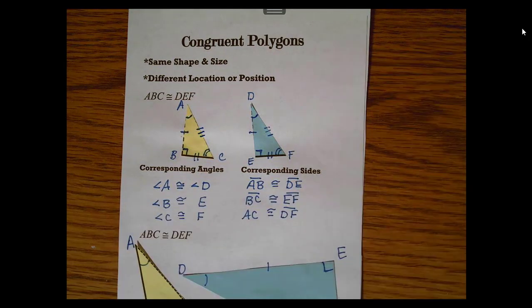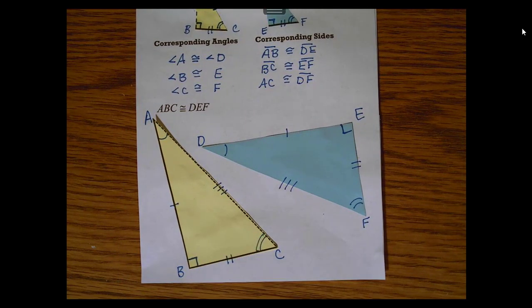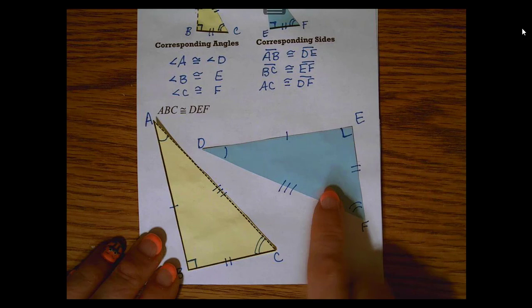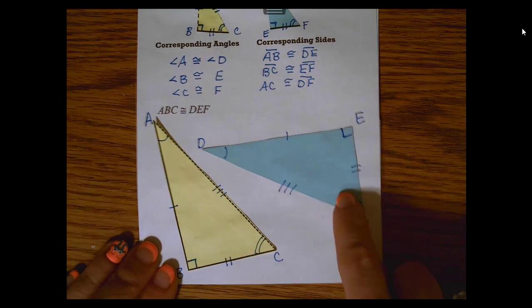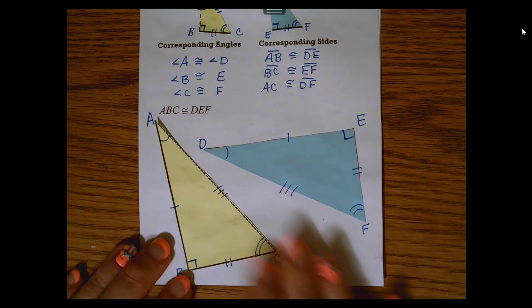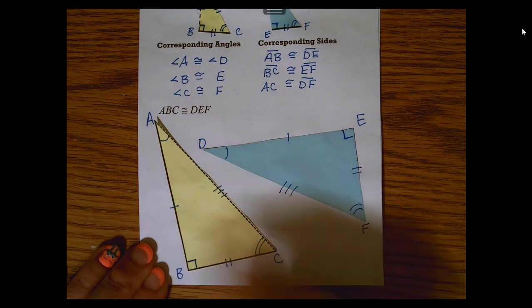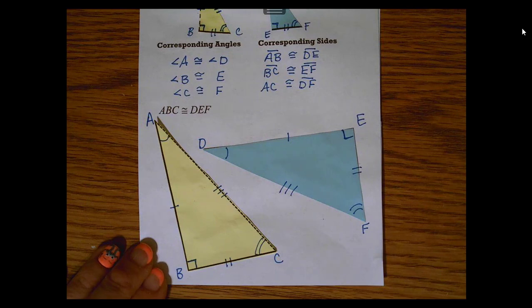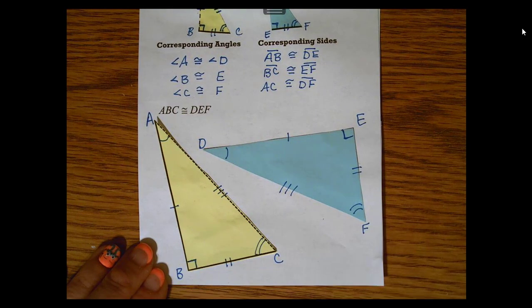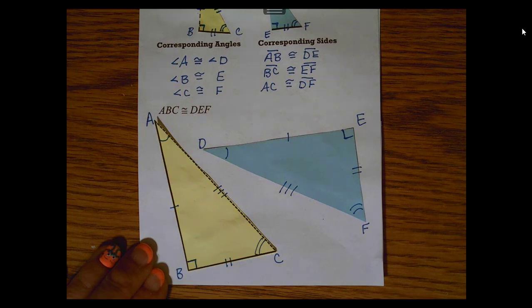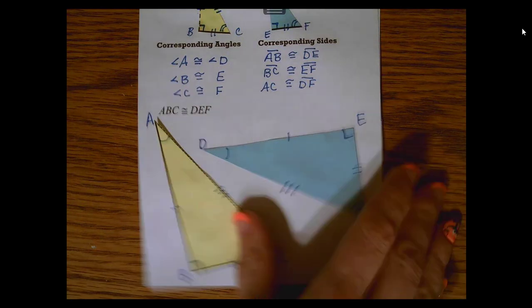Now I'm going to have you glue the two bigger triangles below, but you're going to flip this one. You see how you can see the print from the copy machine? So go ahead and flip this one over. And then again, I'll just give you a chance, you know, to make those markings. Just pause the video if you need to. Now, I'm not going to make you list all of these. They would be the same as far as corresponding angles, corresponding sides. Then the last thing I want to go over